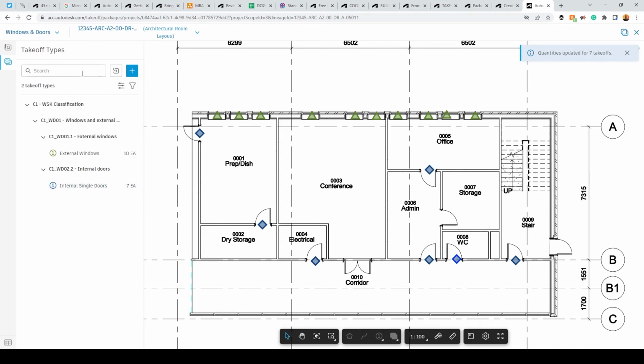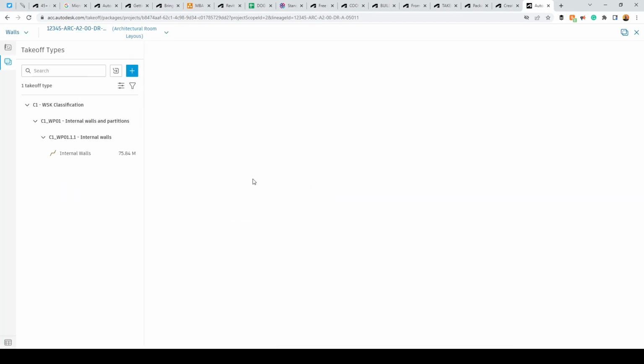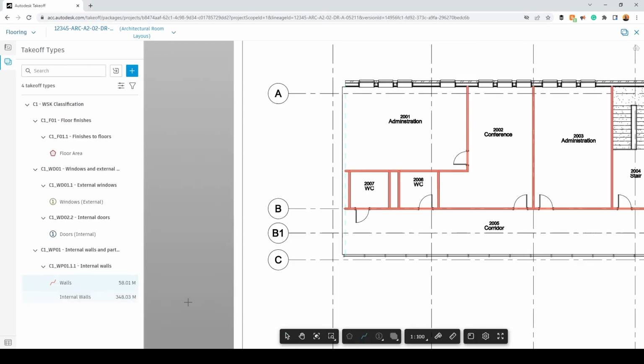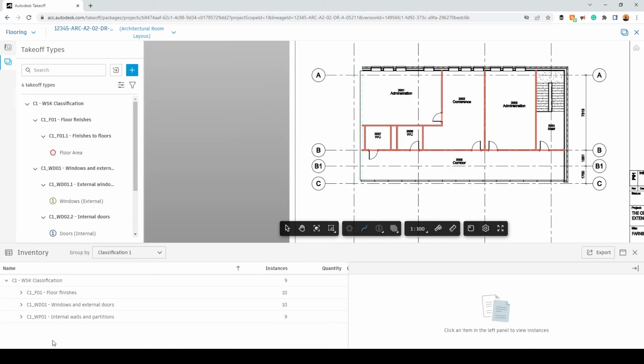So what I have is a number of packages created based on this plan. I've got the area, I've got the walls, I've got the doors, so I can easily switch between each one. If we go into the walls display, we can have an inventory list of all this information. Down here on the bottom left, if I click the little inventory button, it will list all the information